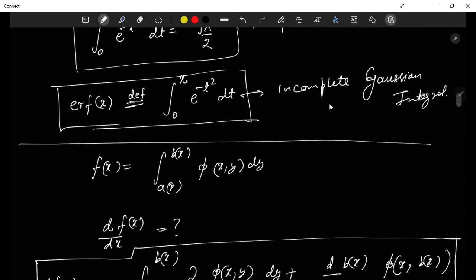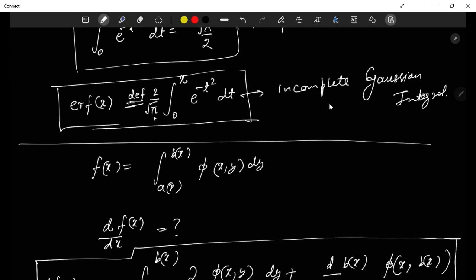One more thing I want to tell, that here you have to write this. So this is the definition of the error function. Okay, so this is not derived from somewhere. This is the definition of the error function, and here this constant factor which is in front of this integration is